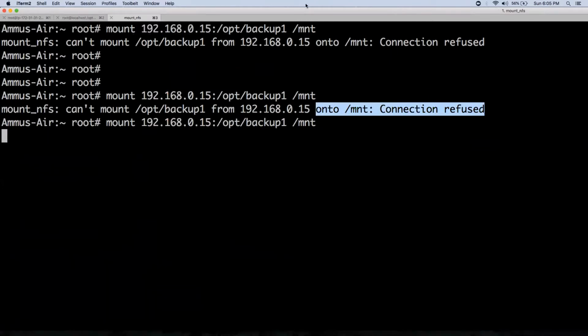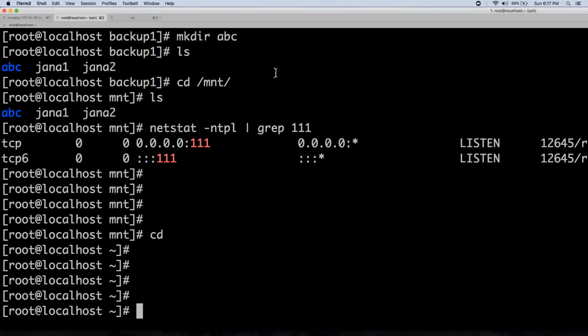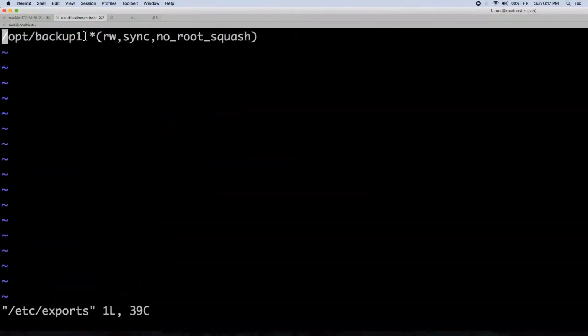Let me see what is the problem with that. So for NFS, there are two processes. One is rpcbind, one is NFS. These services must be running for NFS. And how to add the share? You should add it in /etc/exports. Okay, this is the format. You need to give an IP address instead of star actually, an IP address or range of IP addresses